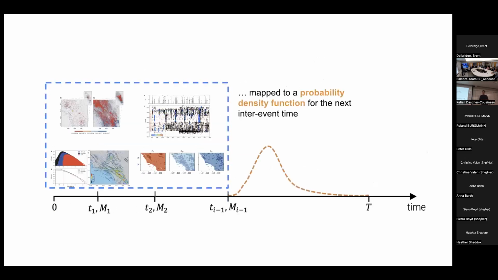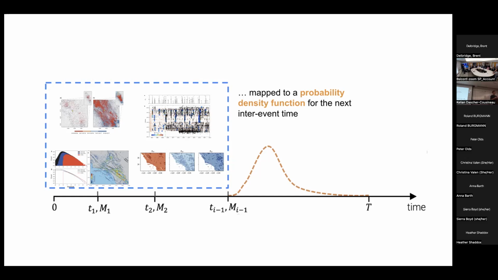But it's not entirely clear how we can incorporate all of this new information, all of these new data sets, into a model such as ETAS. For starters, just from the configuration of this model, it's really cumbersome to include very large data sets. In addition, it's not entirely clear how to incorporate something like a geodetic measurement, or qualitative information about the context, into a model such as ETAS.